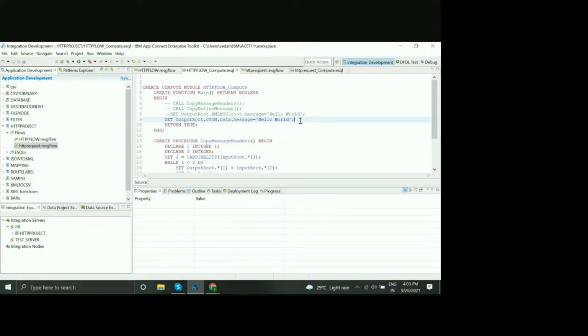How is this different from SOAP input and SOAP output? For a SOAP input and output, there is a restriction that the input structure should be XML, and it should follow the rules of SOAP envelope, SOAP body, and SOAP headers. It should have a WSDL associated with it.